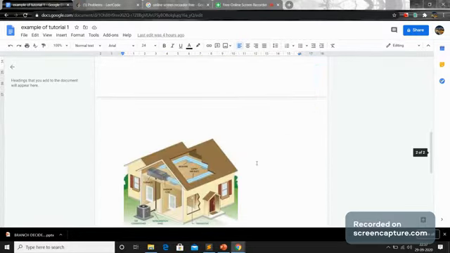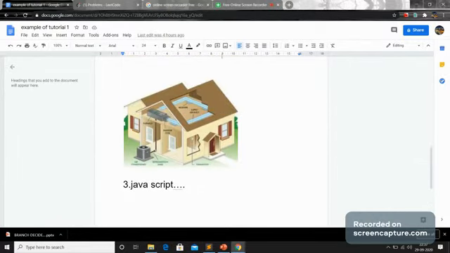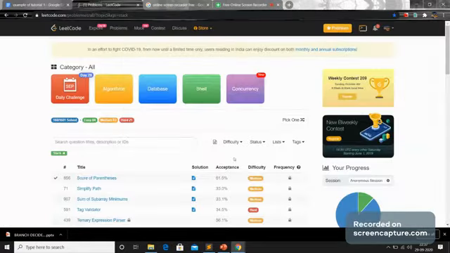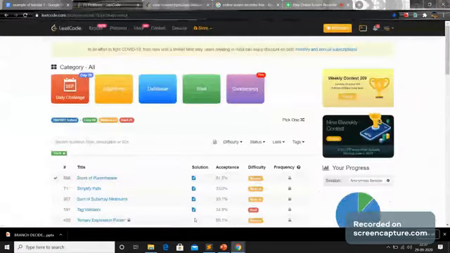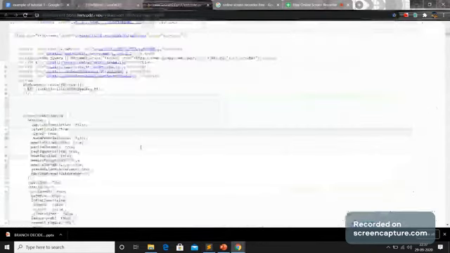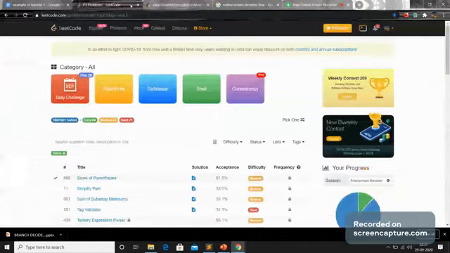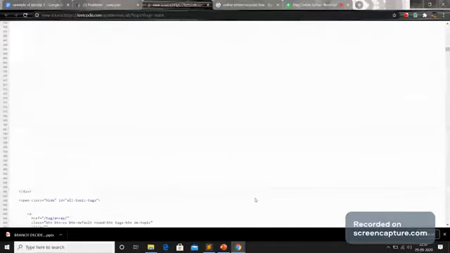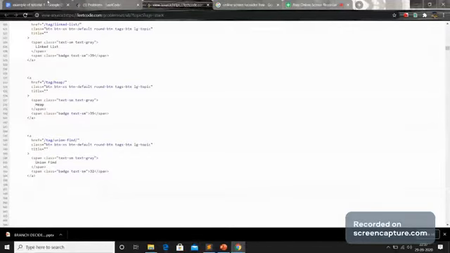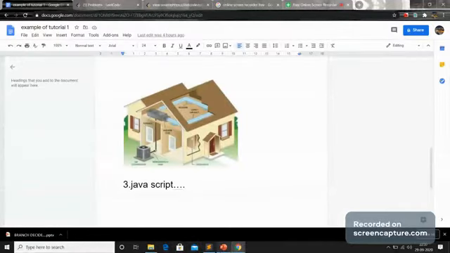And what is the functionality of the web page? If you created any web page like this, this is a web page. What is the code for this web page? See here, to view this web page you have to write all this HTML code, where all this code will represent only this web page. The small web page will be represented by writing all this HTML code. Okay, like this. Now we will go to the topic.